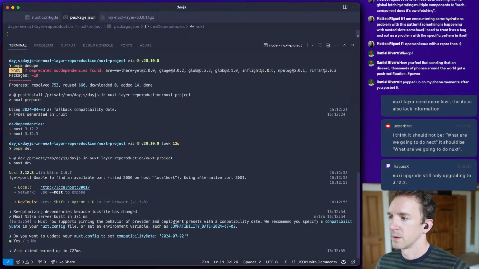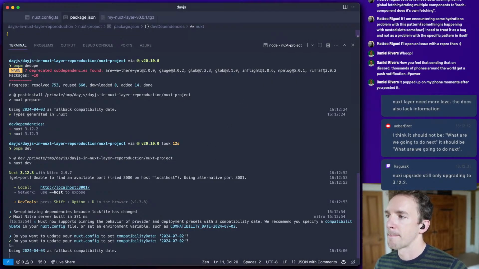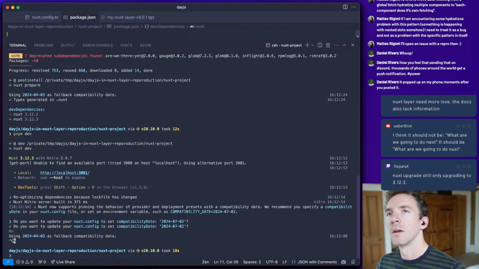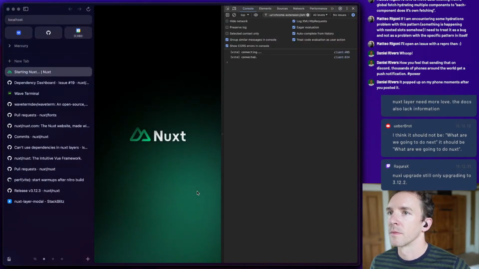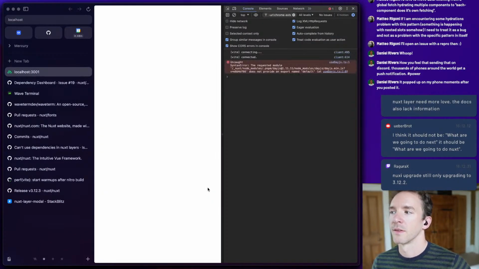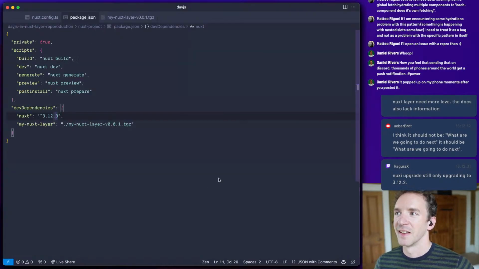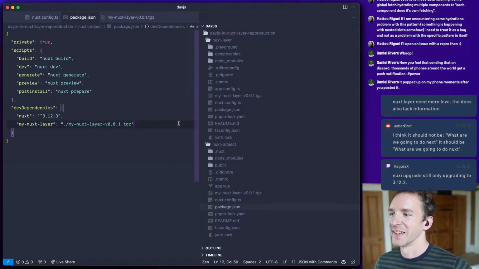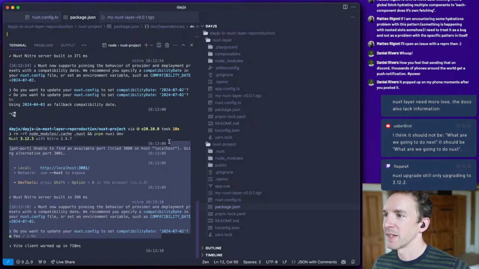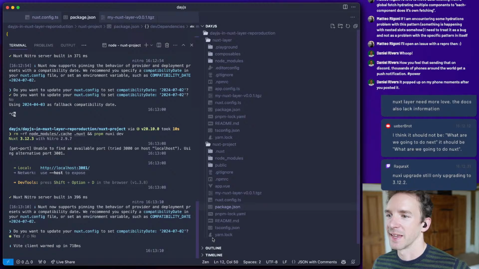Well, that's weird. Huh. Maybe that's somehow because the layer is using a different version of Nuxt. I'm not entirely sure why that's Nuxt project. I'm running this in the project, right? Okay.